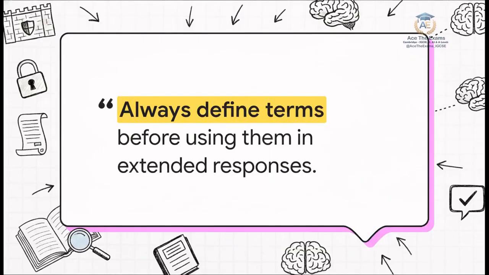Now, what's really interesting is that this isn't just my opinion. This is a direct, word-for-word warning pulled straight from the principal examiner reports. Quote, "Candidates consistently confuse key terminology, always define terms before using them in extended responses." This is an absolute examiner alert. It tells us that rote memorization of acronyms is simply not enough. You have to clearly define your terms to prove your foundational knowledge before you start building complex arguments around network